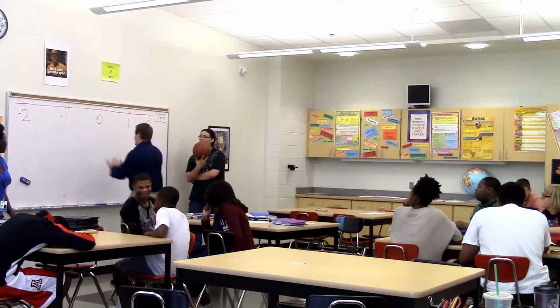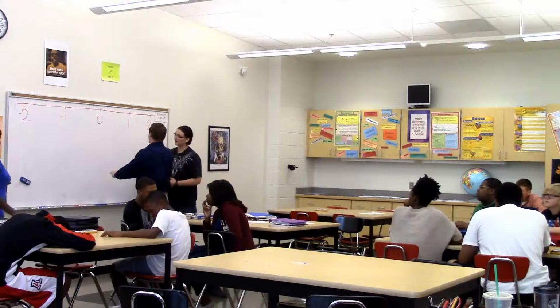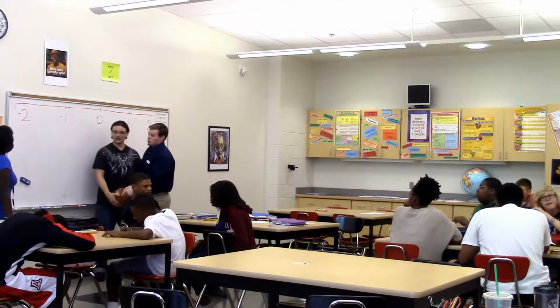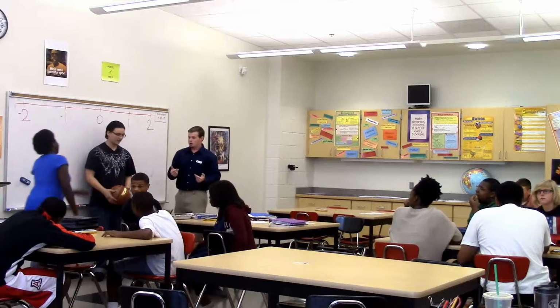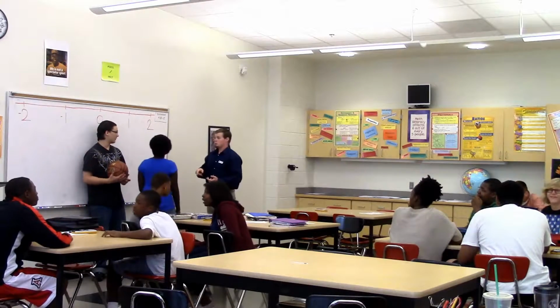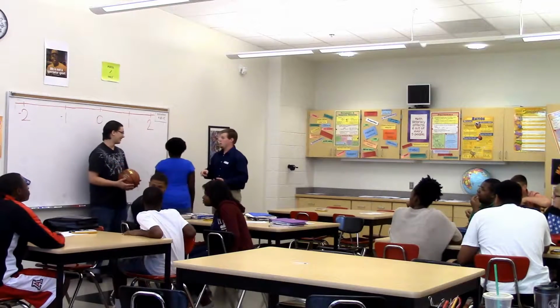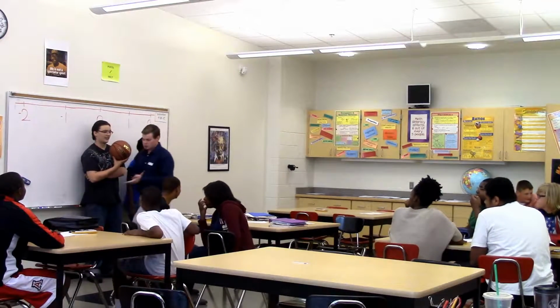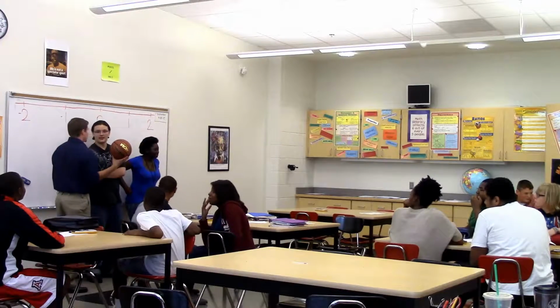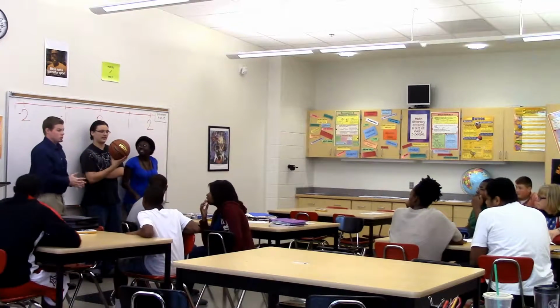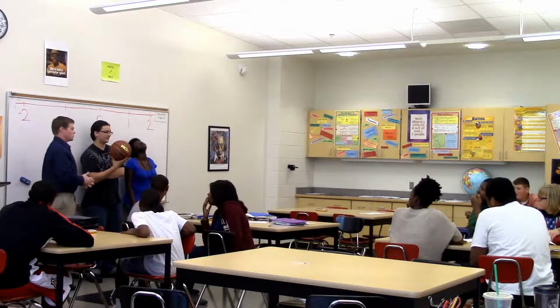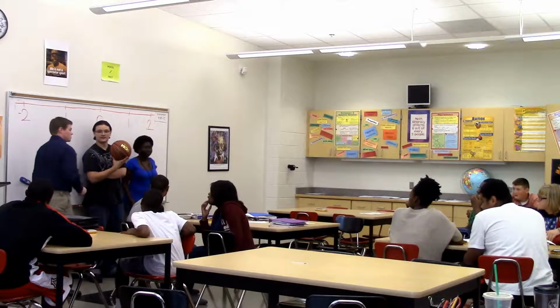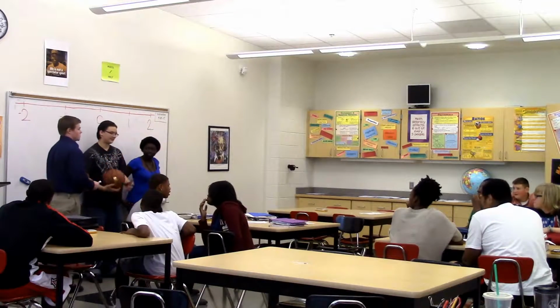I'm gonna have you stand right here. There's our number line. You're gonna stand at 0, alright? Alright, you can come over here. Okay, you stand at 1. Y'all paying attention? What is the distance between these two, according to the number line? 1. Alright, how'd you get that? He's on 0 and she's on 1.